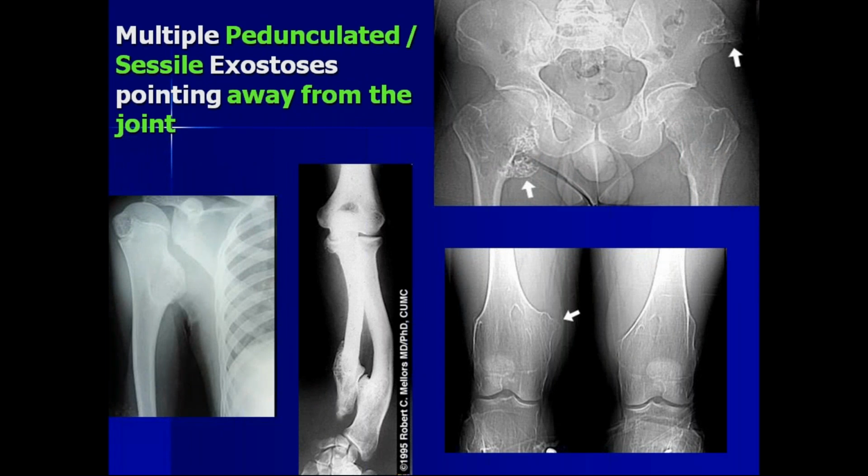Here in the bottom, in the knee joint X-ray, you can see a sessile one. The part of the metaphysis and the bone marrow is also extending into the lesion with a cartilaginous cap. The cartilaginous cap is not seen in an X-ray, but you can see the projection. If it has a stalk like this in the upper femur, then that is called pedunculated. If there is no stalk, then it is a sessile osteochondroma.